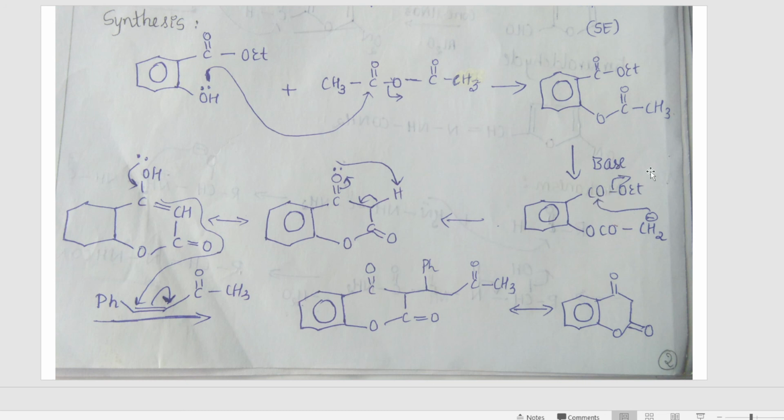Okay, and this entire part, that is OEt, is lost, it is going out. So here there is a bond formation. What else is left? There is a cyclic ring formation, that is O C double bond O, that is nothing but O, this C double bond O, CH, and one more bond is over here. Okay, and one hydrogen is there which we are not showing, and one more hydrogen is over there, and it forms one bond with this carbon, that is C double bond O. What is the next step?